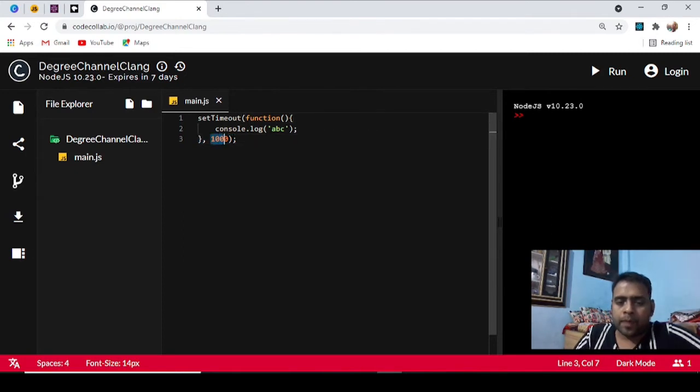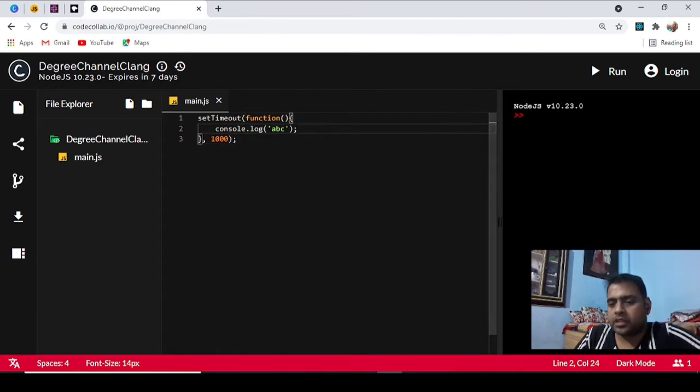What a function is and all those things we are going to cover in our next video series. Basically setTimeout is a function which takes a function as an argument. In JavaScript you can pass a function as a parameter as well, and this is the second parameter. So this function will execute after 1 second.